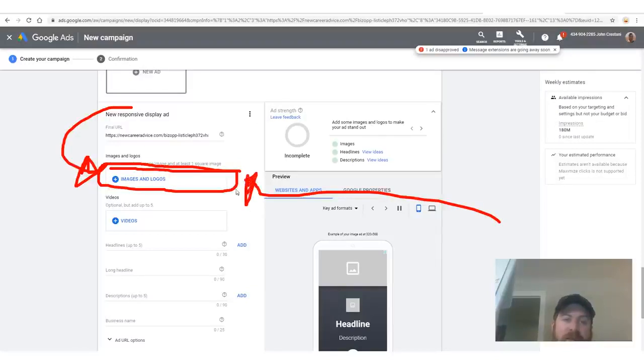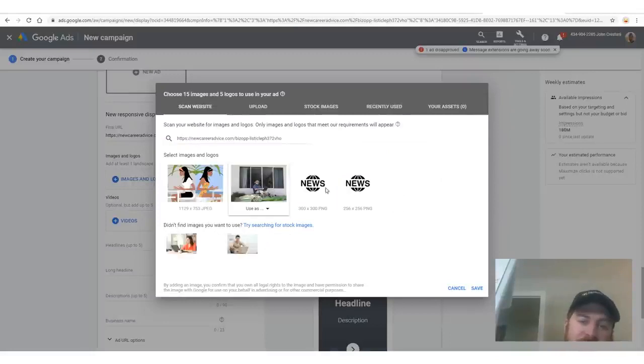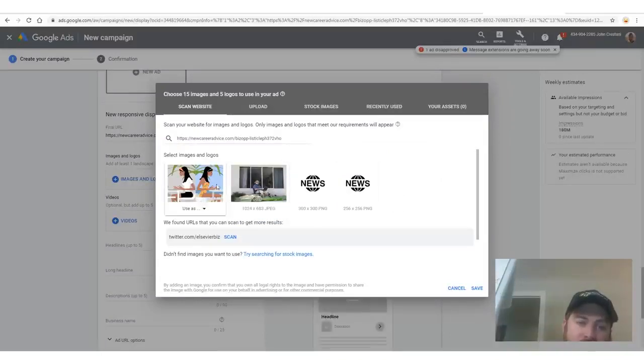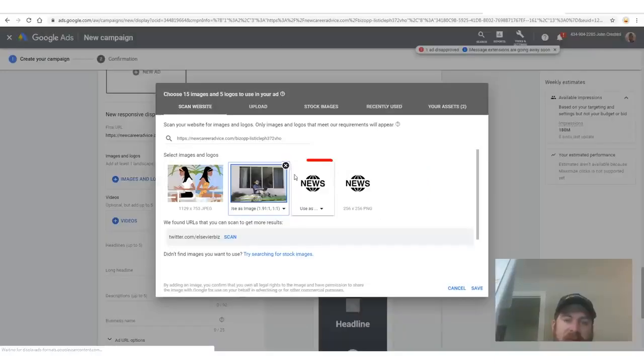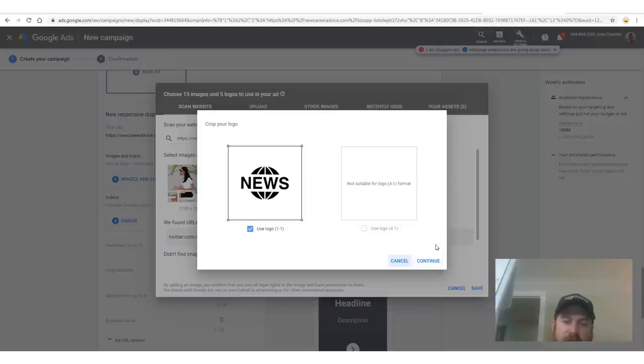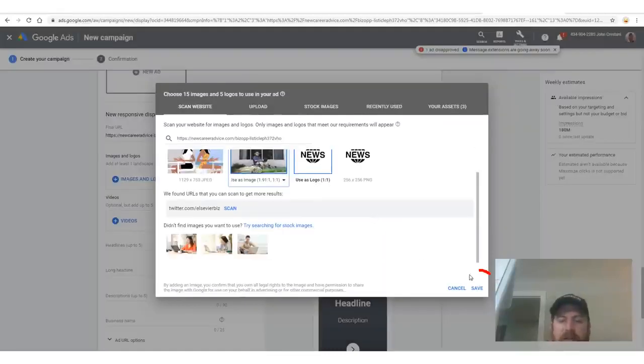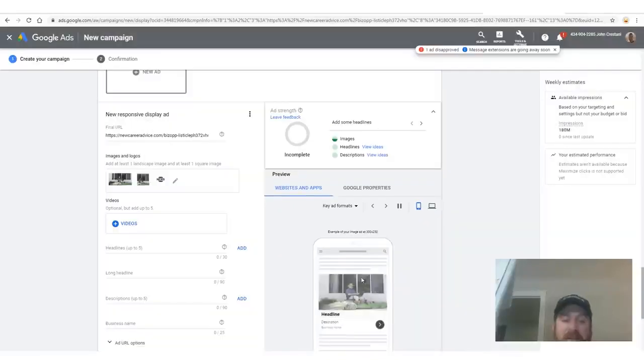Now, frankly, this step is a little easier because we click this and some of the images are preloaded in here. So we can just select, say, use as, and select this gator guy and just select use as and click continue. You can always move this around a little bit if you want. Just click continue, and then you'll select one of these and you'll select use as logo right there, and you just click continue. And that's it. So then you just click save, and you can select other images to use. Google has a lot of images that you can use, but I'm just going with the basics for this one.